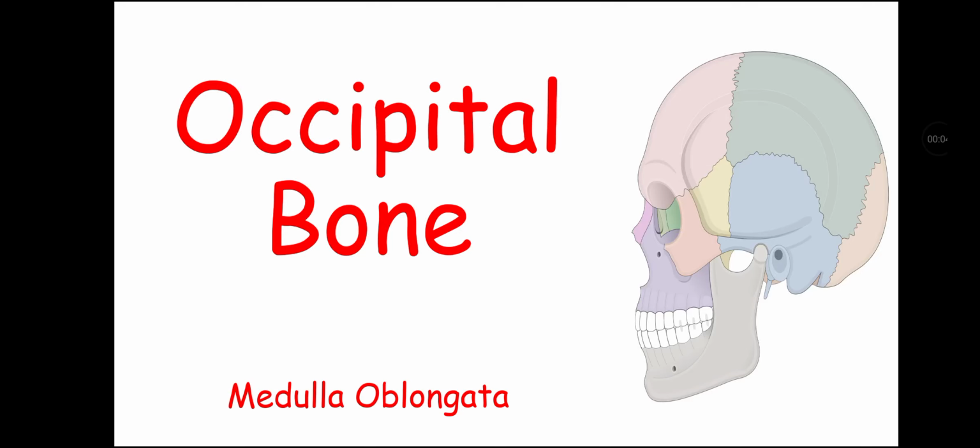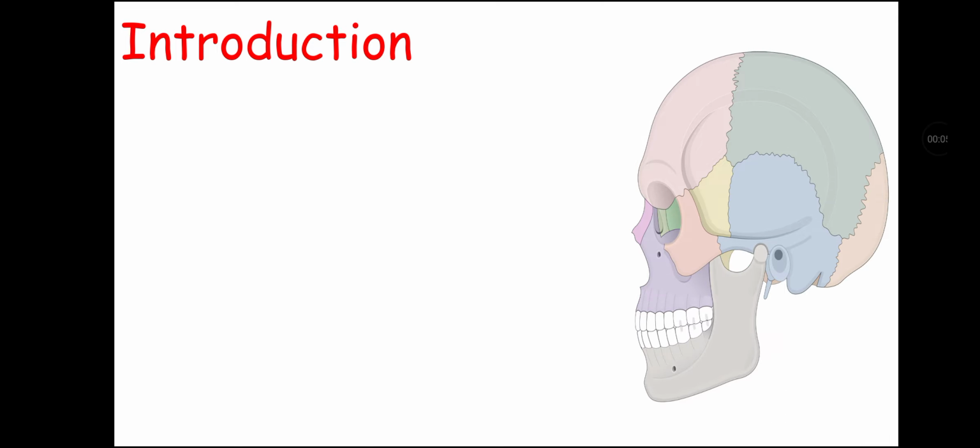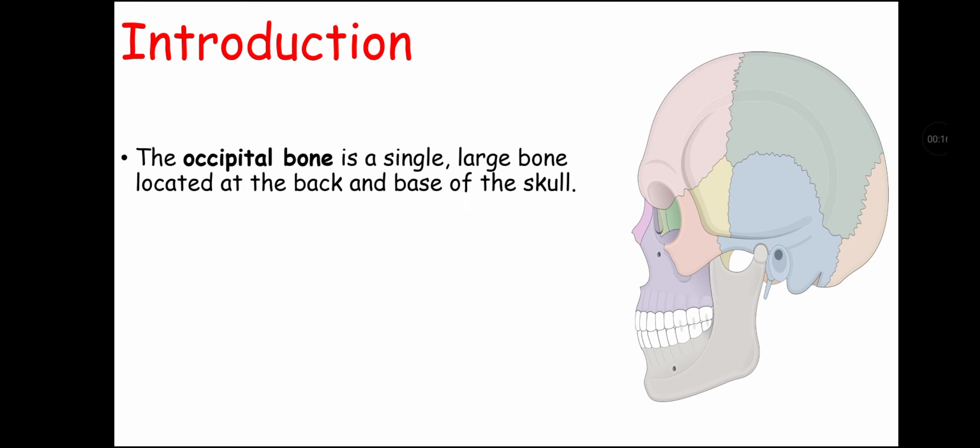Today we are going to talk about occipital bone. We will start our topic with introduction, and if you see in the diagram the posterior part of the skull, you can see the light orange color bone that is basically the occipital bone. Occipital bone is single bone, that means it is an unpaired bone. It is large bone that is located at the back and base of skull, as you can see in the